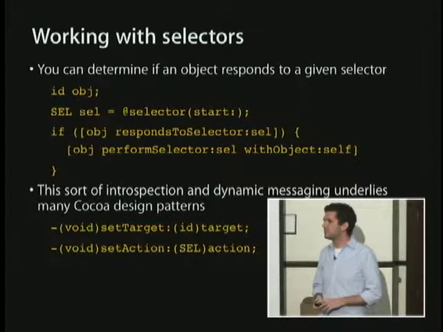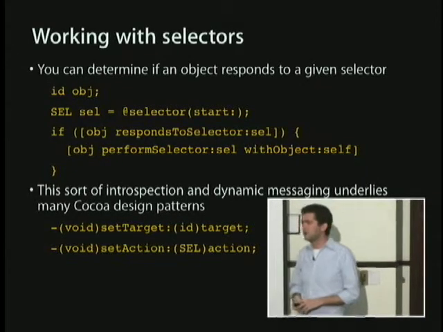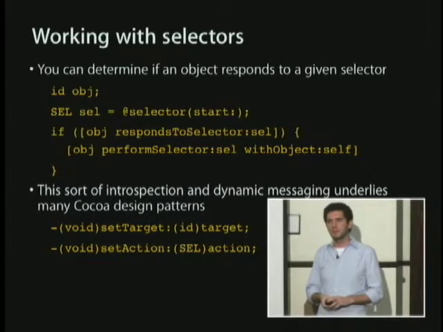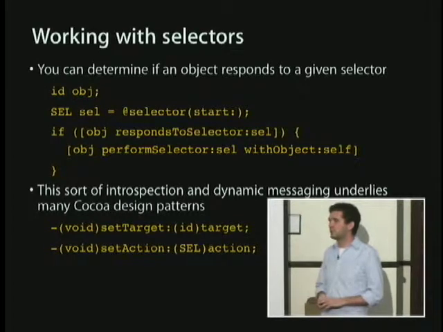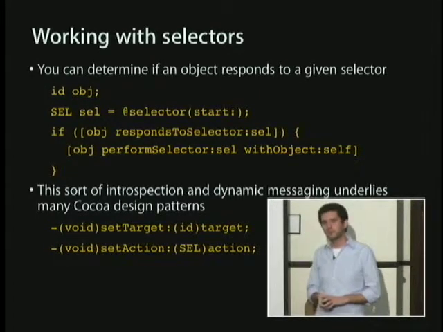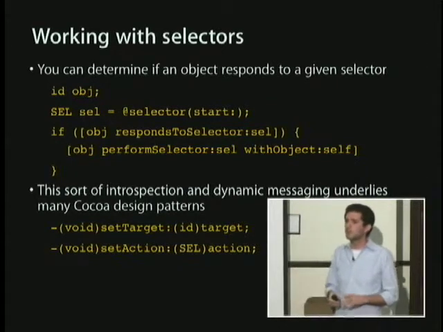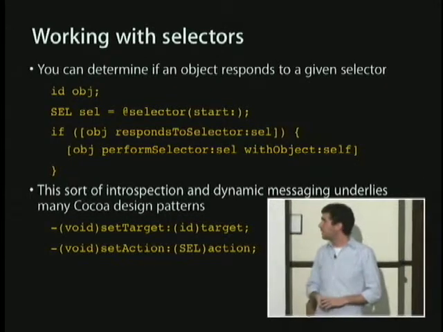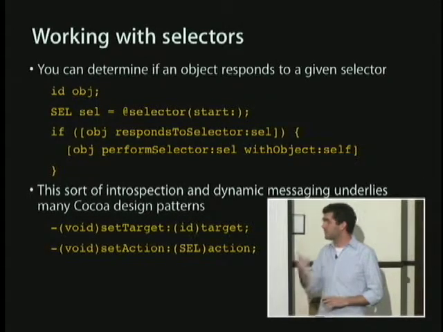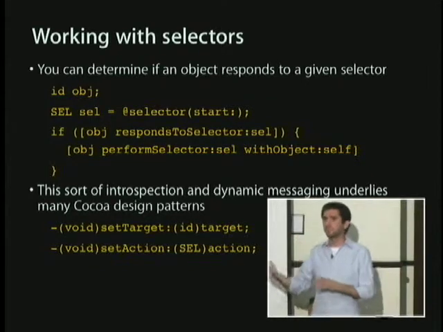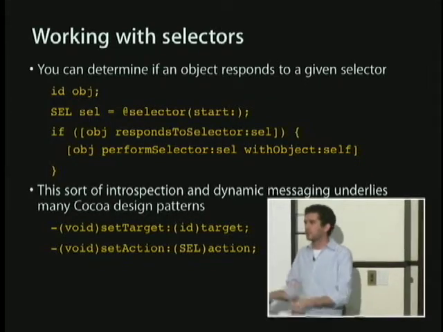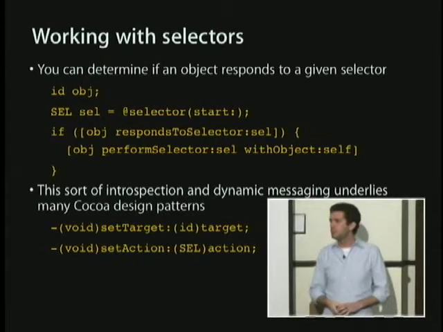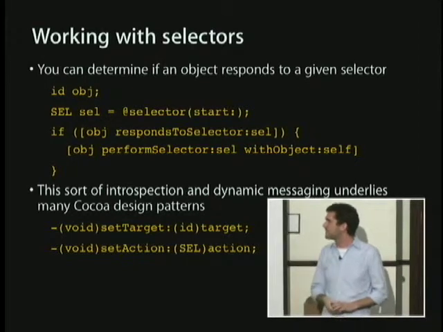So you never say just selector with brackets? You would never actually say just selector. You'd always write @selector. There are other ways to get selectors as well. If you have a string that represents a particular method you're trying to call, there's another method you can call to get a selector from a particular NSString. But this is how you'd get one if you just knew up front what the selector was that you wanted and just wanted to write it as a constant. It's always @selector and then, in parentheses, the name of the selector.